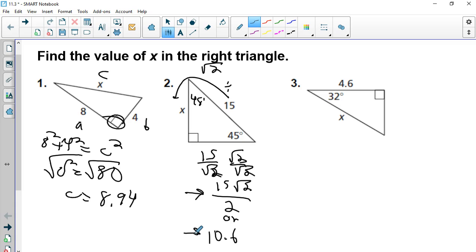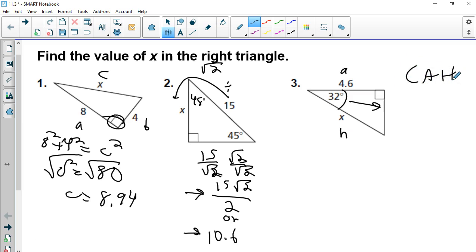Okay, not a 45-45-90. We only have one side, so we can't do Pythagoras, and it's not a 30-60-90. It's close with 32, but it's not 30. So we need to bring in our trigonometry. So here's our angle. From this angle, we do not have the opposite side. We have the adjacent side, and we have the hypotenuse. So AH is